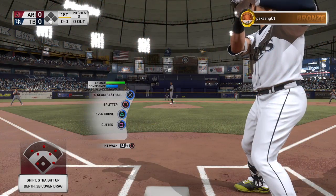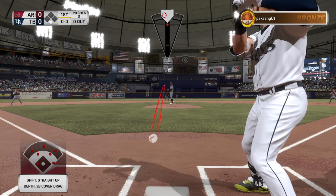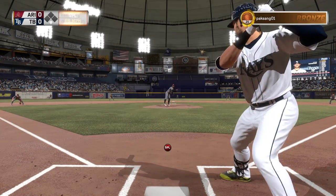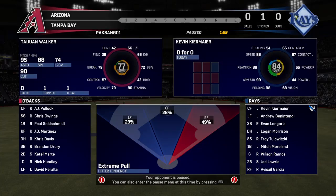Standing in, Kevin Kiermaier. He'll lead things off here in the bottom half of the first. Off for the Rays, center fielder Kevin. First pitch is a splitter